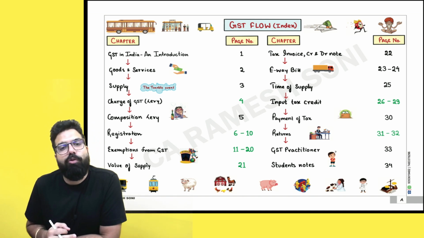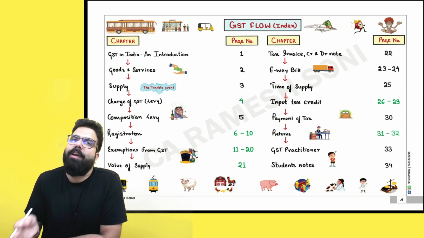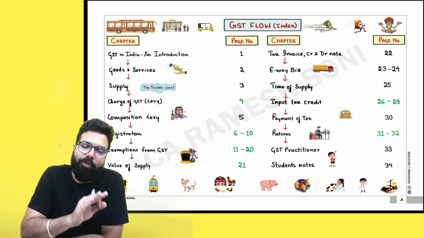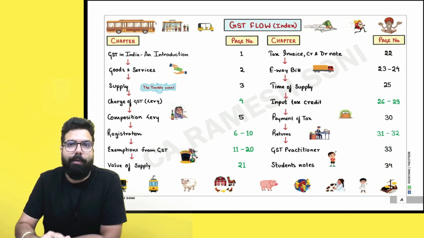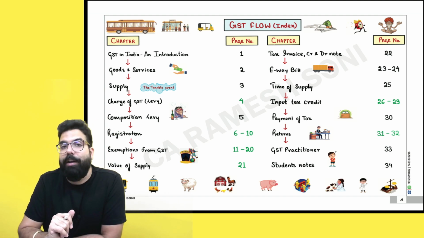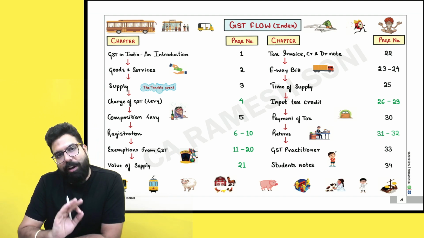So CA intermediate students can go ahead and very well follow the May 23 revisionary which was already provided, whether you have version 4 chart book, whether you have version 5 chart book. So sir, how do we go ahead and use that? You can use the May 23 revisionary only.